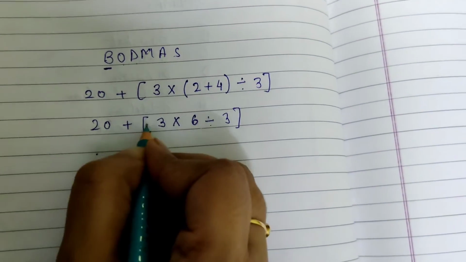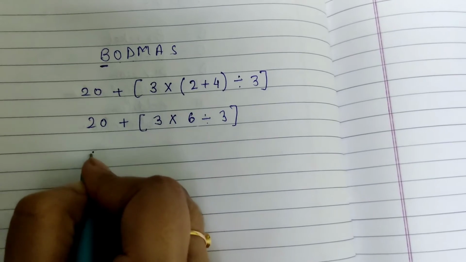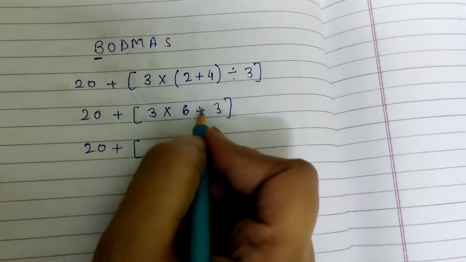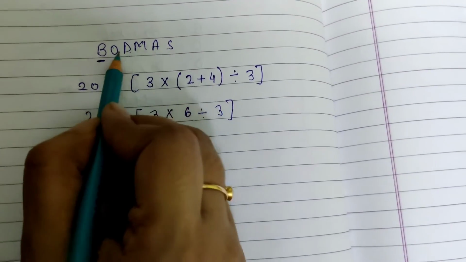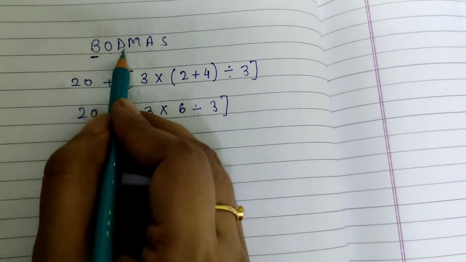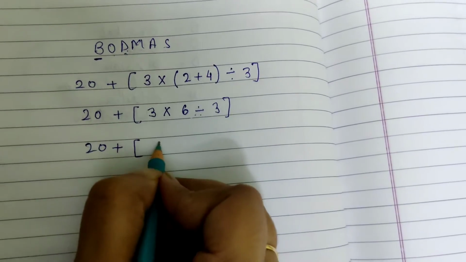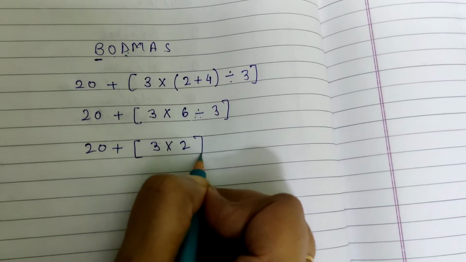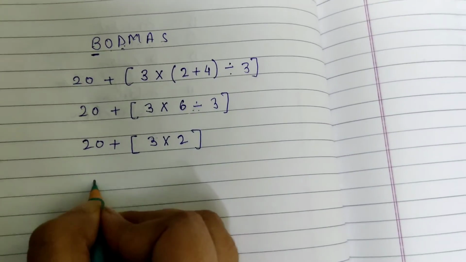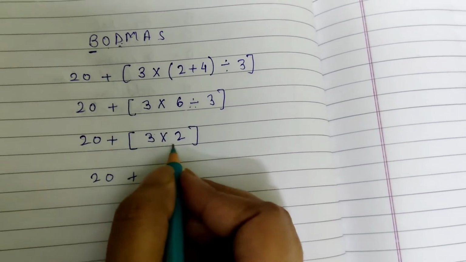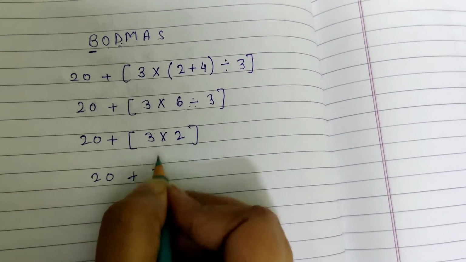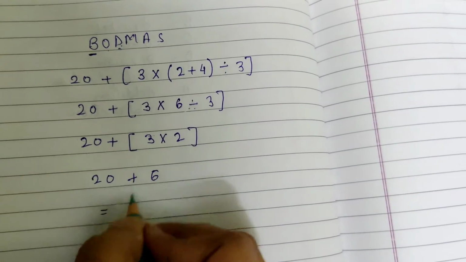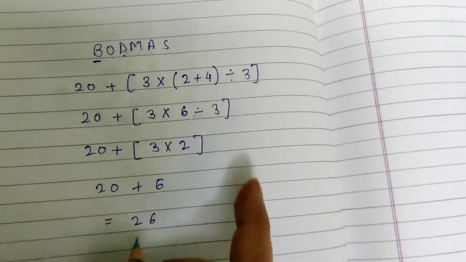Now the second step will be to remove the other bracket, that is this. Okay, square brackets. So what I will do is, now inside this I am having multiplication as well as division. Now according to BODMAS, the first step is to do the division. So I'll do division first. 6 divided by 3. So this will remain as it is. 6 divided by 3 is 2, bracket again because it is not solved yet. Then 20 plus 6 multiplied by 2, 3 multiplied by 2 is 6, bracket will be removed, and now 20 plus 6 is 26. Now this was easy.